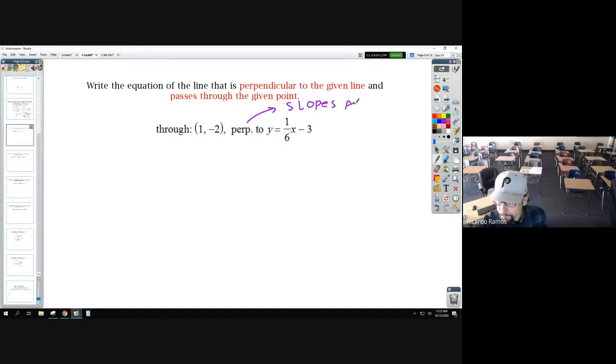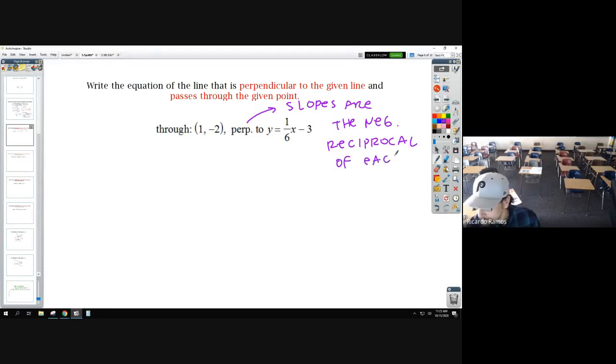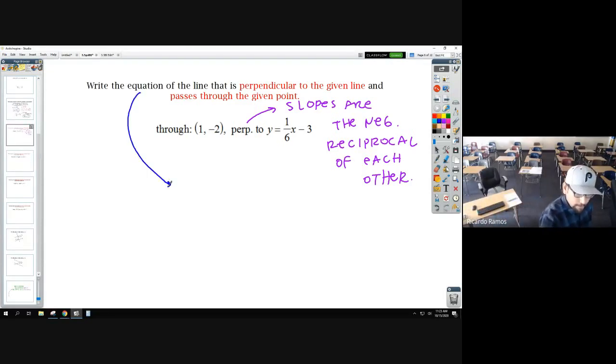Slopes are the, and I'm going to abbreviate here, the negative reciprocal of each other. It's the one big change from yesterday, okay? You've got to be aware of that. So if you're writing the equation of a line, you remember yesterday, that's in slope-intercept form, where you need to plug in the slope